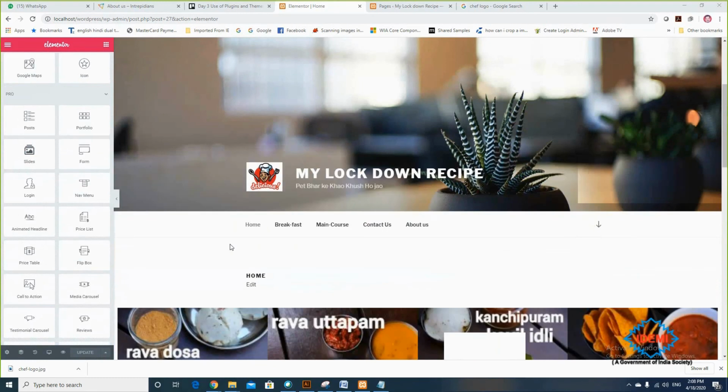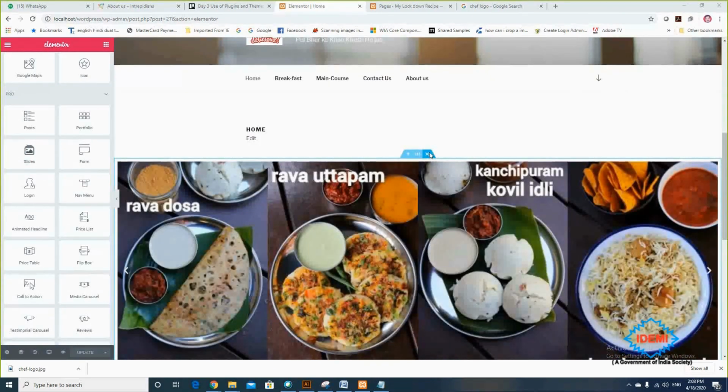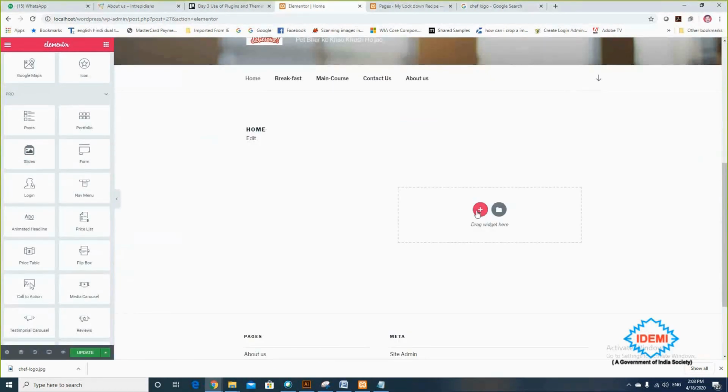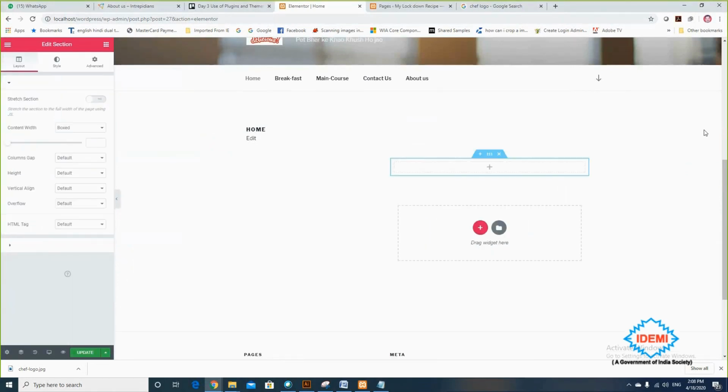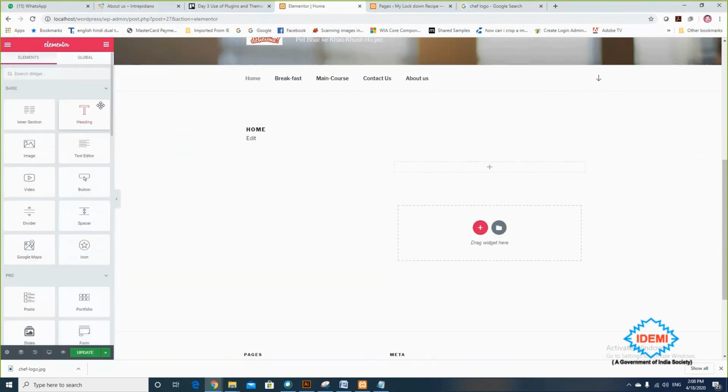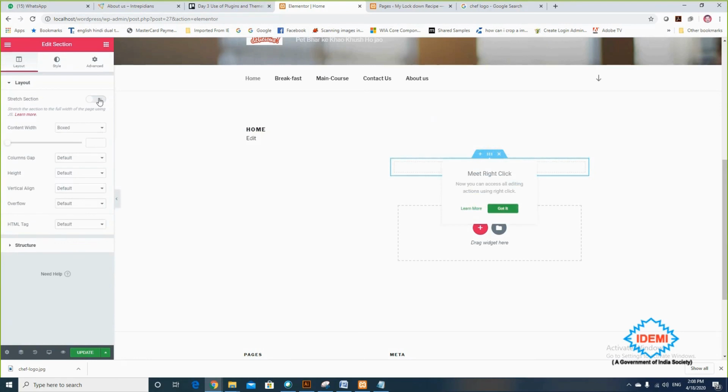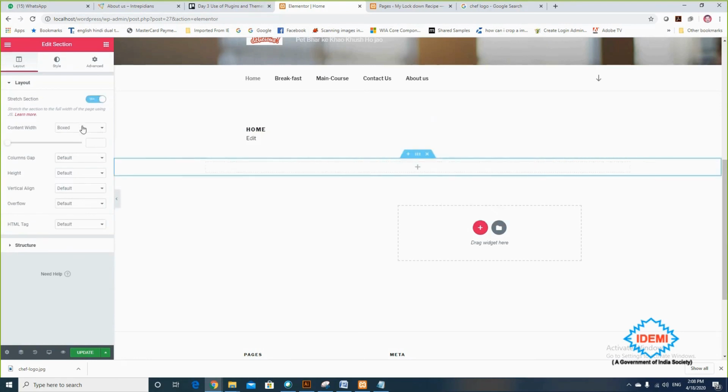Okay, and I don't want this, so I'm just deleting the slider and I want to use a slider instead. So stretching it, okay, and clicking on the option and saying yes, full width, and putting a slider here.